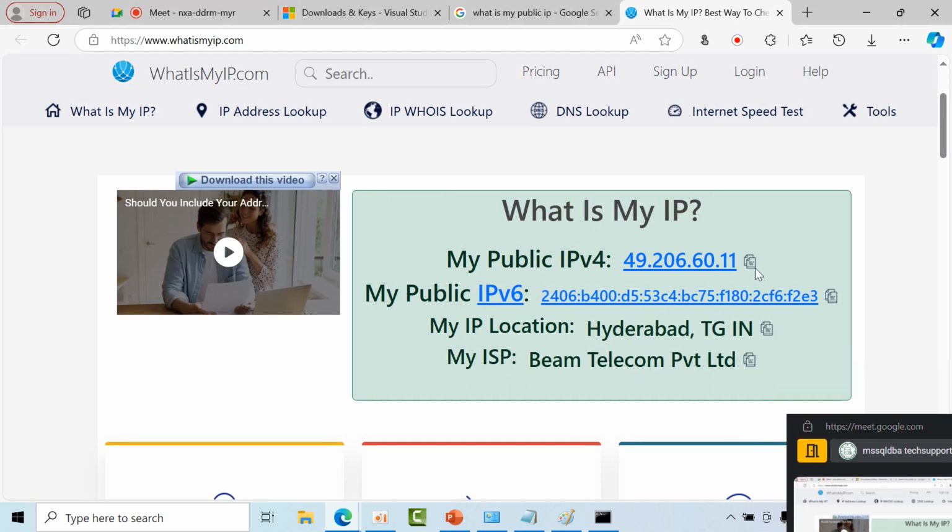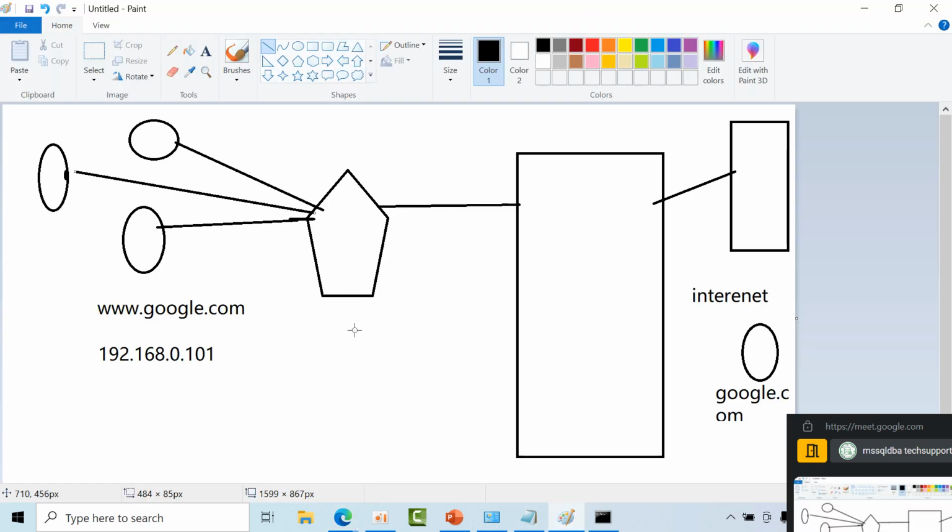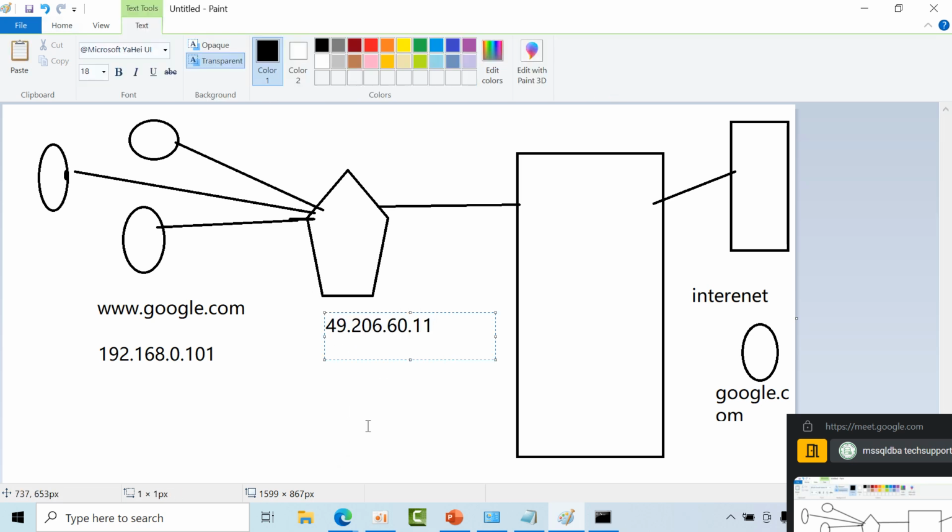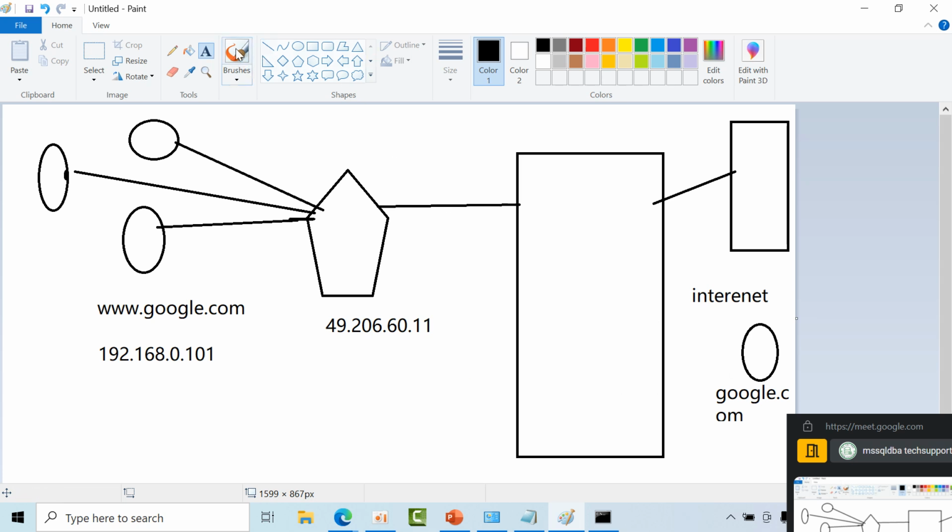Sir, this is my public IP address. The router will convert like this. Now, whenever the request goes to Google, you tell me, will Google see 49 or 192? 49.